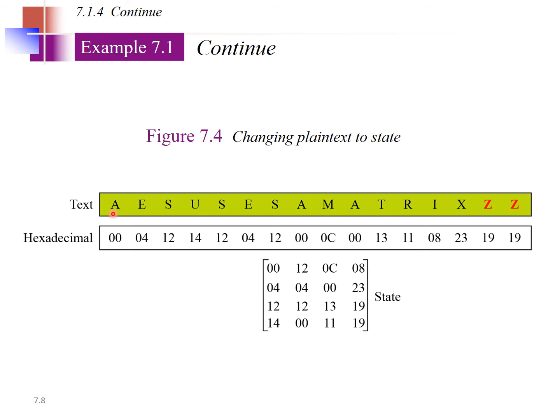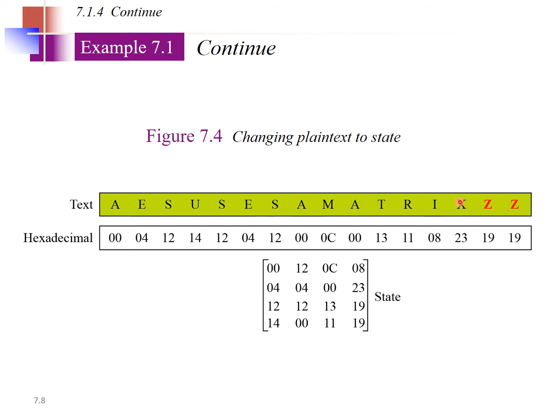What you will be doing is, from the rightmost side, you will find 4 bits and make it a group. Another 4 bits, make it a group. So you read that one: 0, 0, 0, 0, that is 0. Another 0, 0, 0, 0, it is 0. Clear? So likewise, you can find the hexadecimal value corresponding to each plain text English letter.